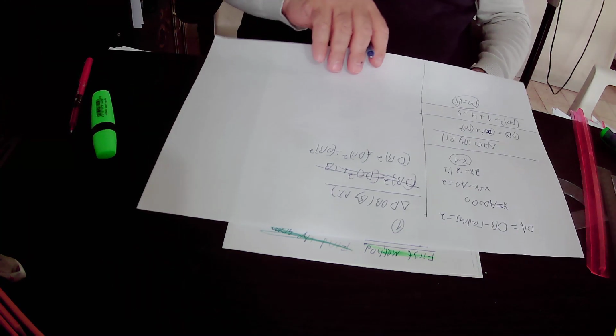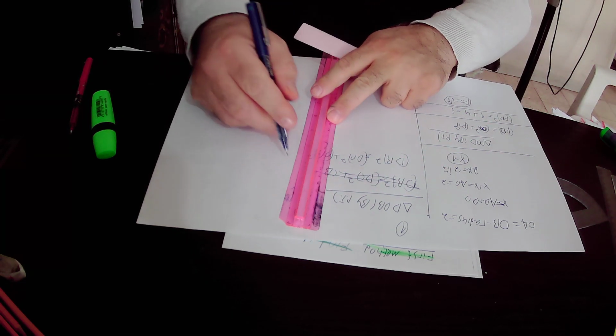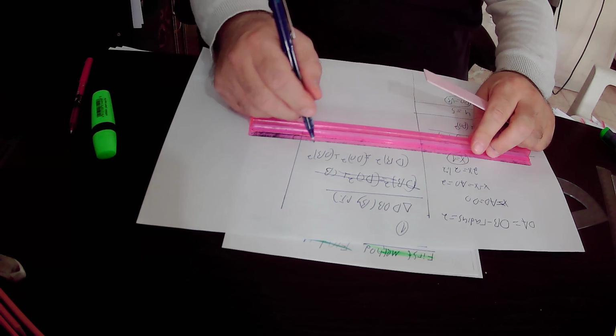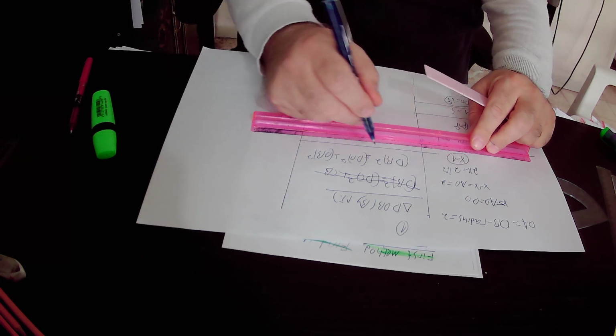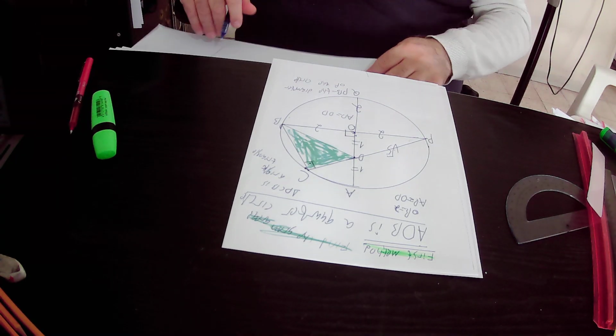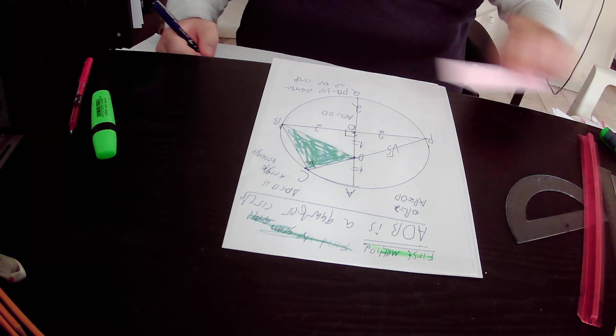Repeat again, in the right triangle DOB, according to the Pythagoras theorem, the square of the hypotenuse equals the sum of the squares of the perpendiculars, that is to say, DB square equals DO square plus OB square. So DB square equals